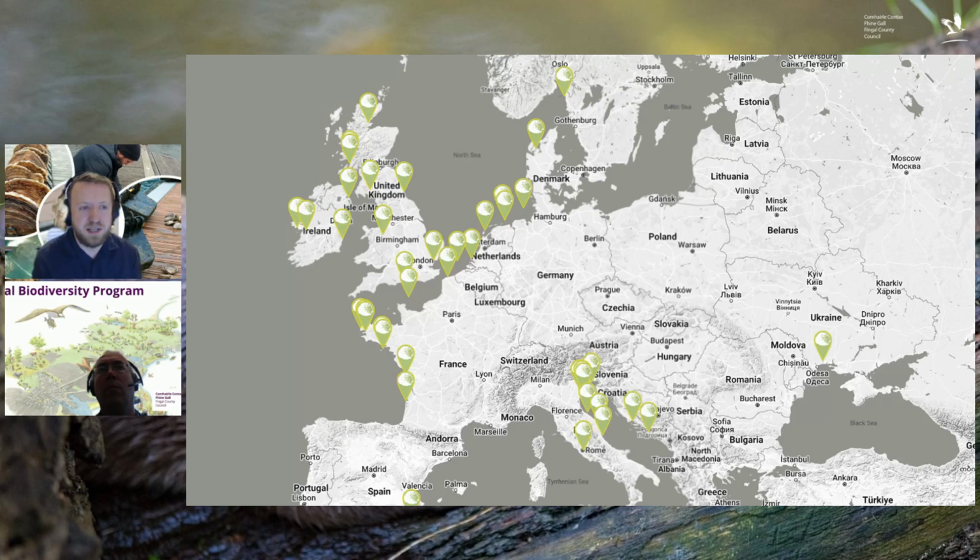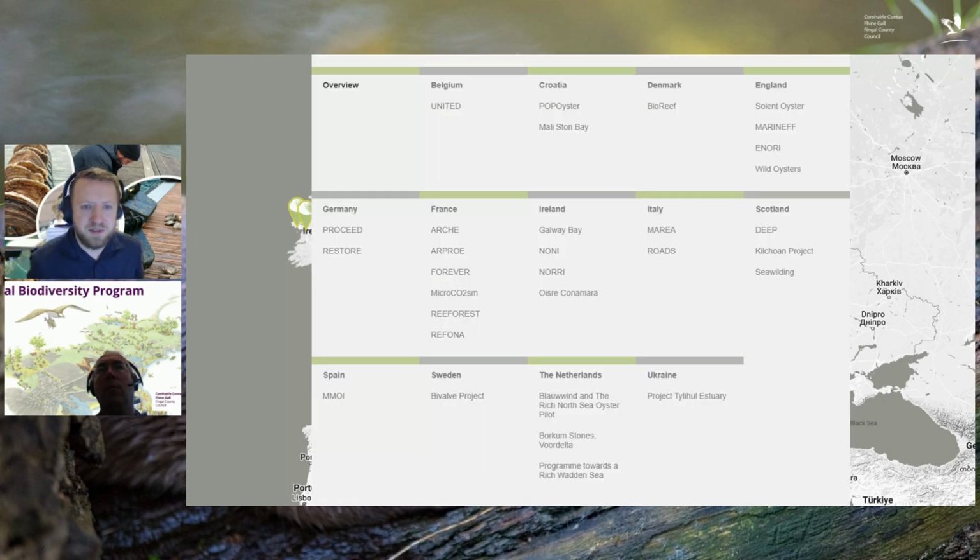And then there's also work being done by the Marine Institute and one of the universities over there in Galway. So Oliver Tully, if you know him, he's heading up one of those projects on the West Coast. And just a little sample of all the countries and some of the main projects that are being involved in it here. We've yet to be added to this list, but they're going to be doing that in the coming weeks.